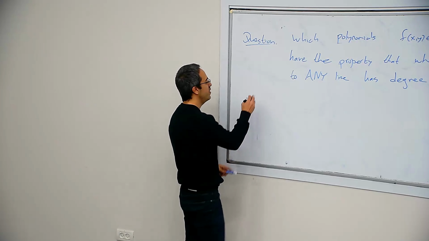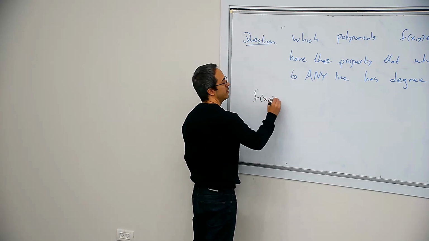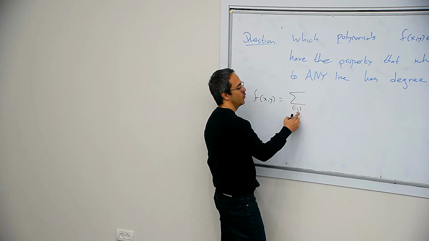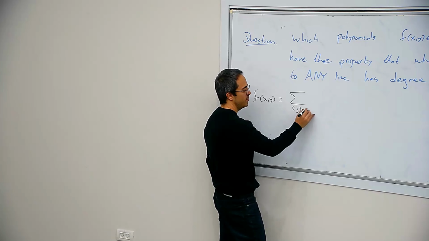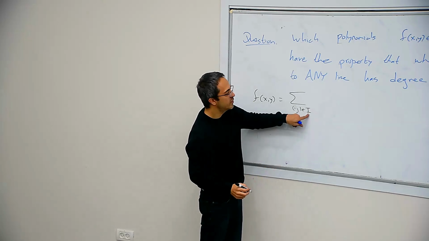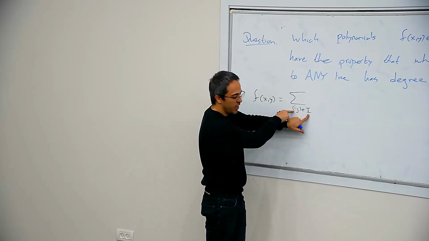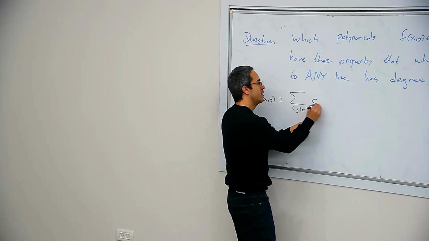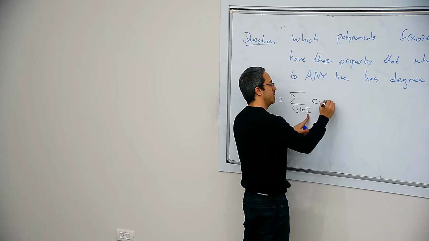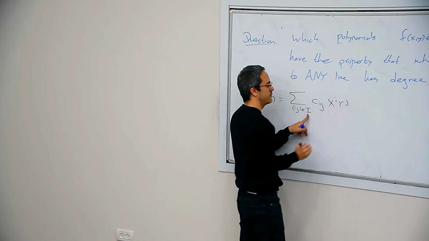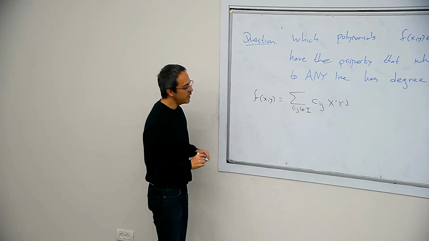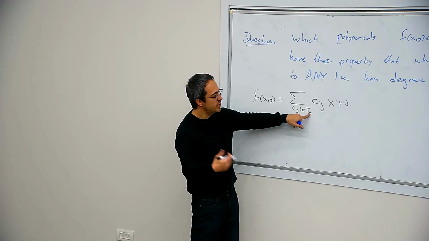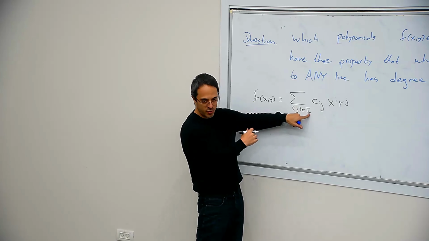Okay, so let's say you give me a polynomial. And I don't know which monomials I can use. So let me write it as I. Definitely I will contain all monomials for which i plus j is at most Q minus 2, but maybe more. So the polynomial may look like this. I want to figure out the largest set I possible, so that when restricted to any line, it gives me a degree at most Q minus 2.